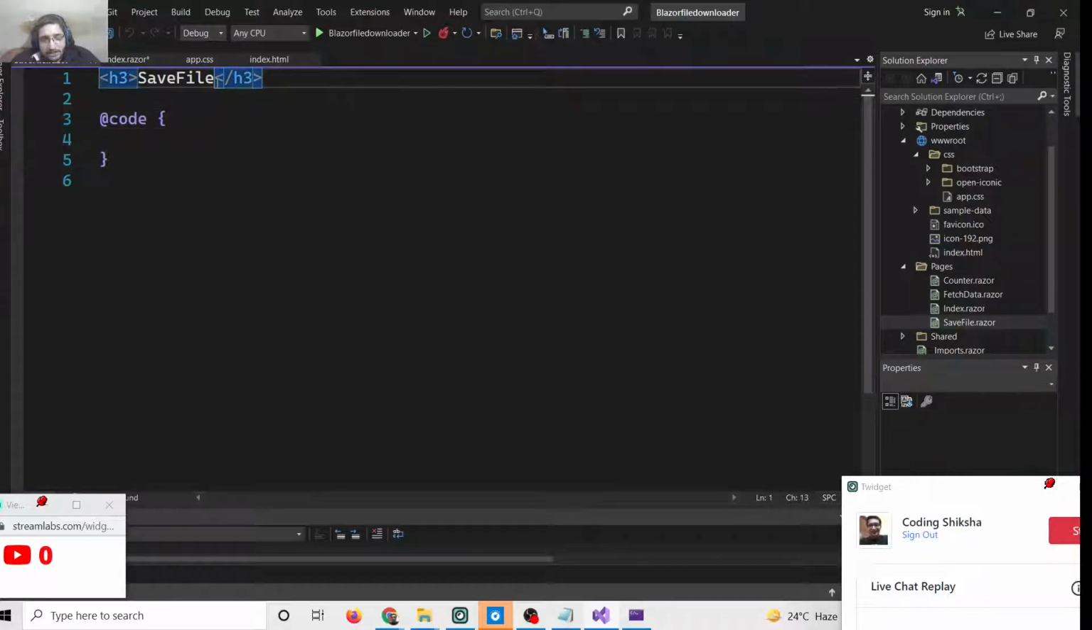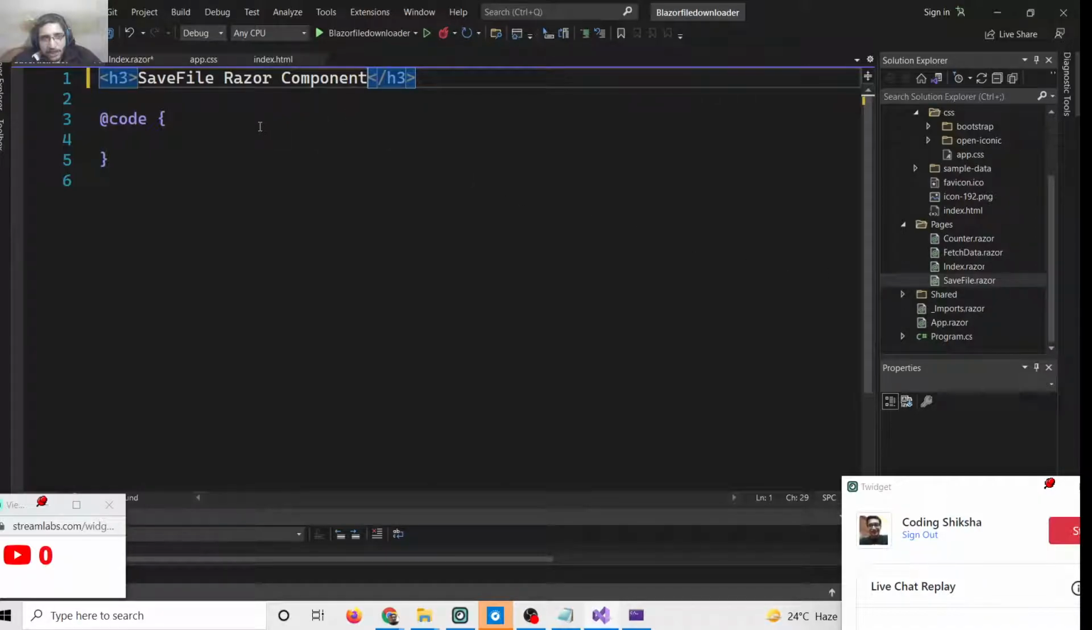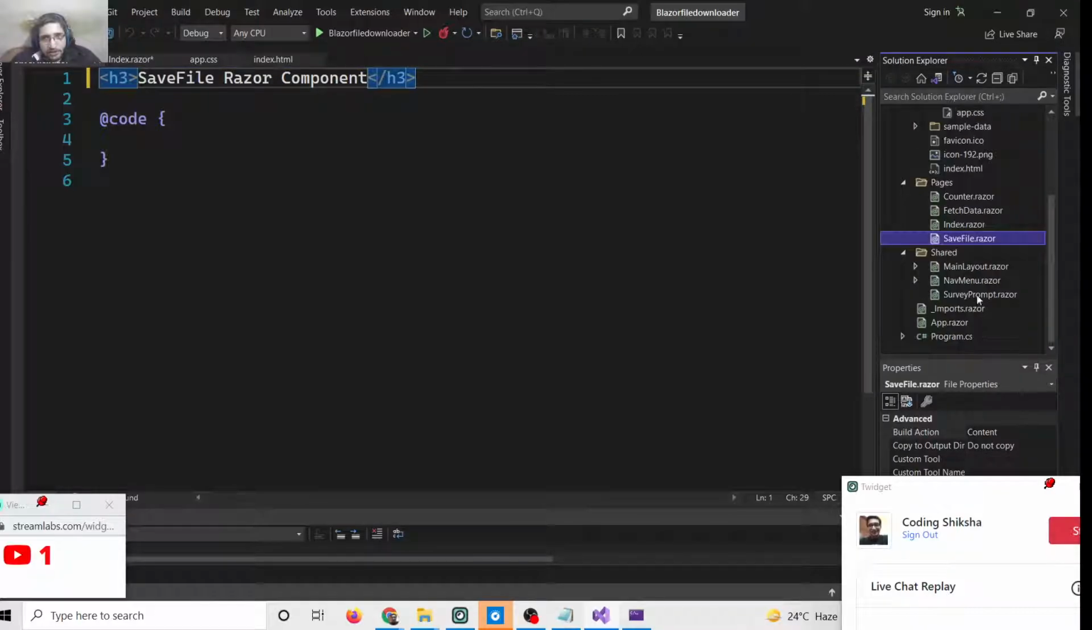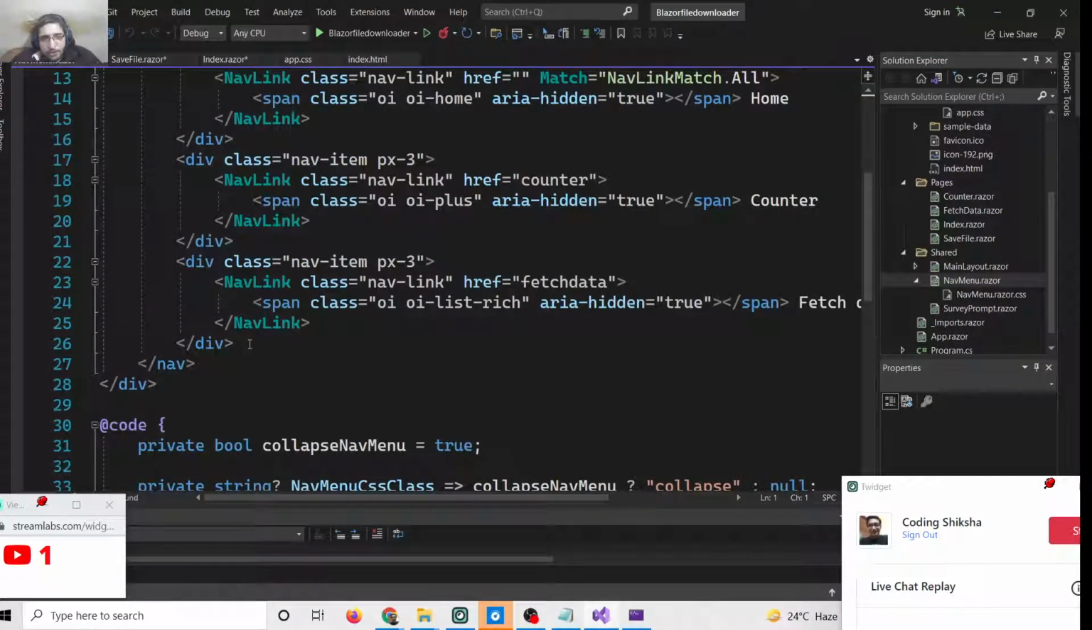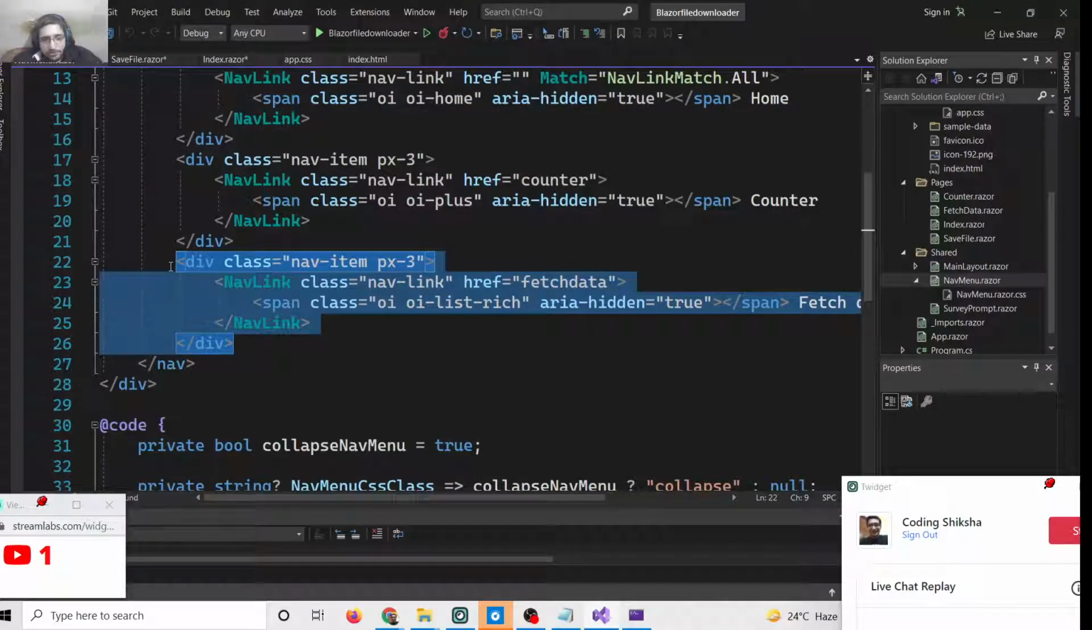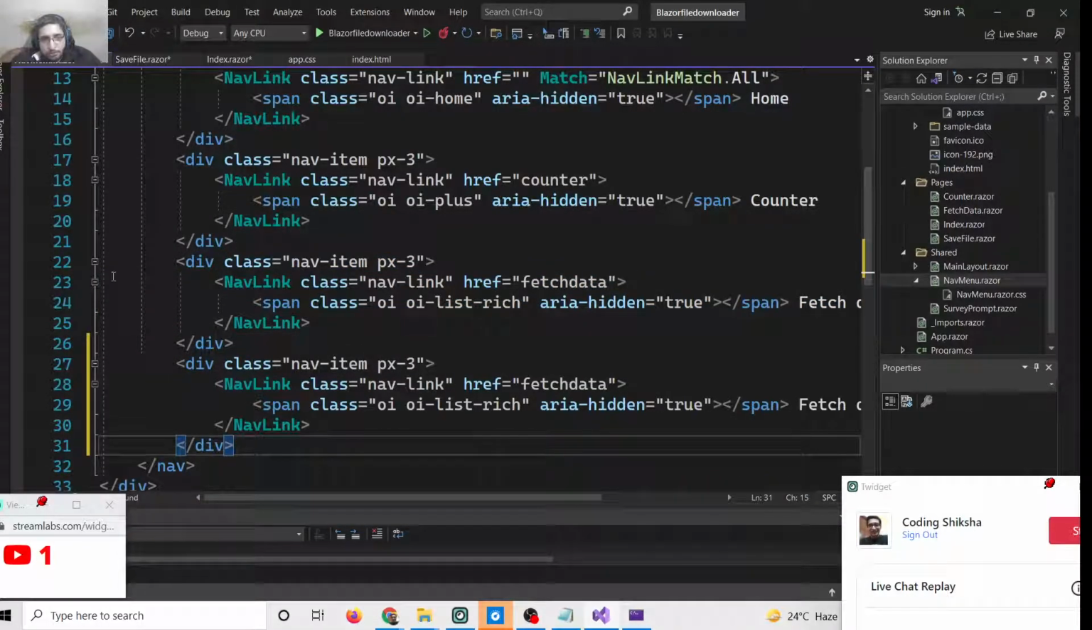You can give it a title here. This is the SaveFile Razor page, Razor component, and this is our page. Now in order to add this inside our menu, this is very easy. Simply go to your App dot file, which I think is this file. If you go to Shared, here you will see your NavMenu. Just open this NavMenu, and inside this you need to add this. So right here I will copy this and paste it one more time, and inside this I will change this to